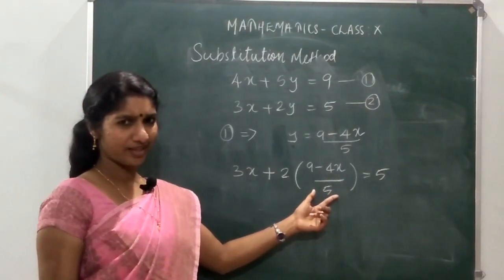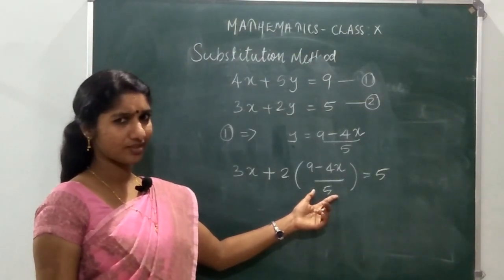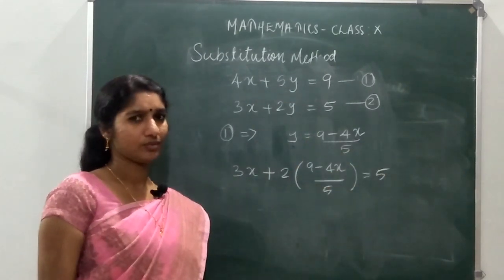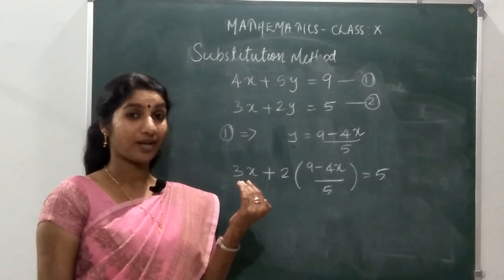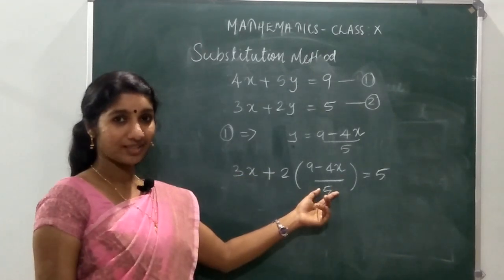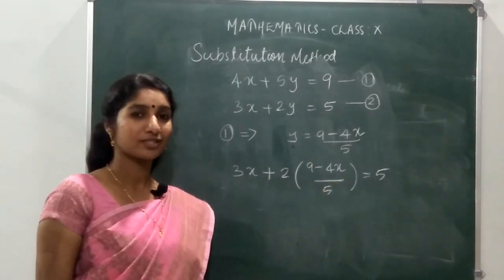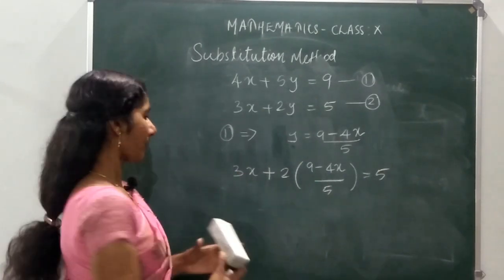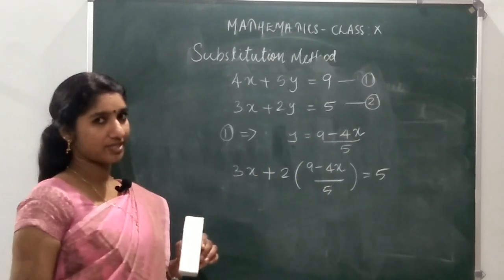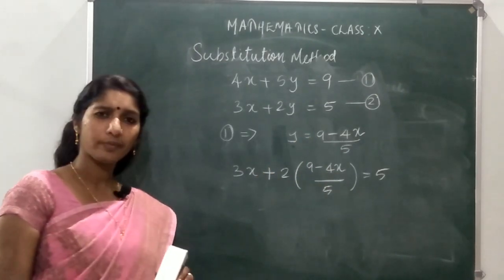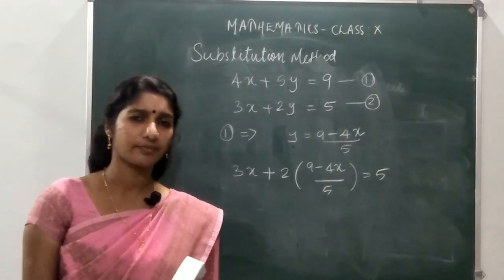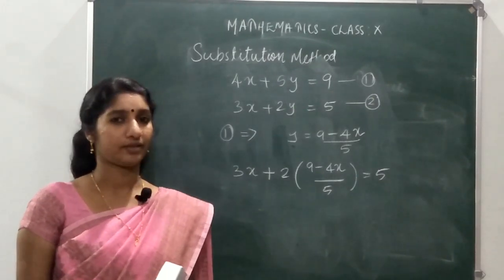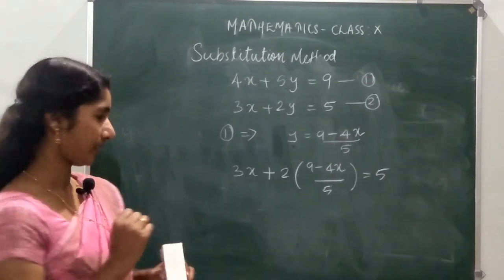Denominator is there, no, 5. How can we remove this denominator? We can take it to that side, the denominator will go. Or you can multiply this with 5, then this denominator will go. Within one step denominator will disappear. Multiplying by 5, this equation is going to be multiplied by 5. What do you mean by multiplying an equation by a constant number? Each term in the equation we need to multiply. So I am going to multiply by 5.